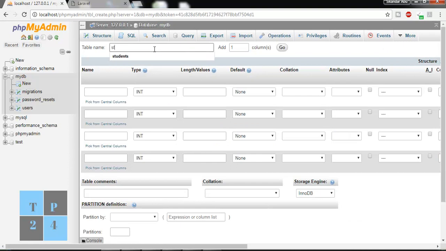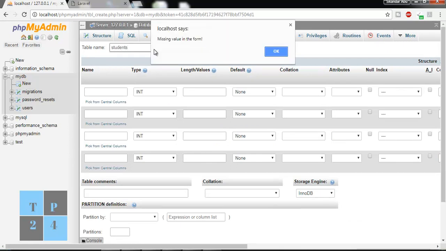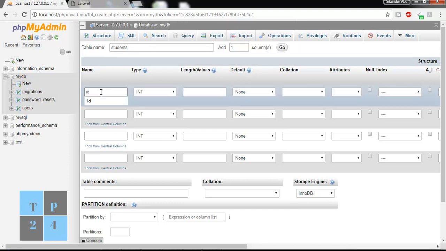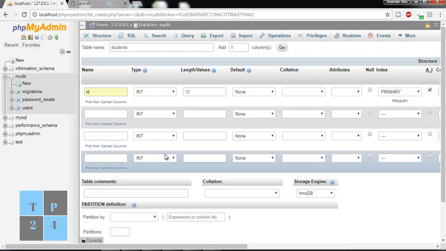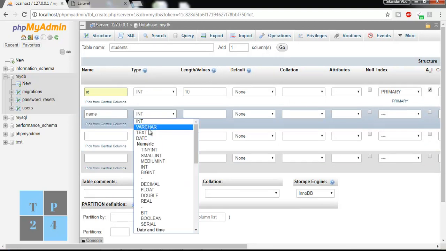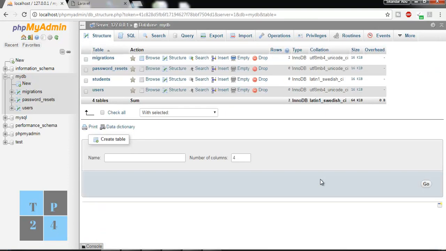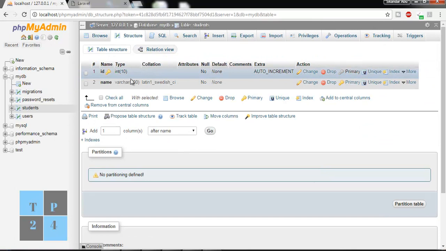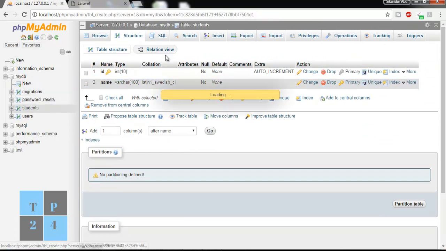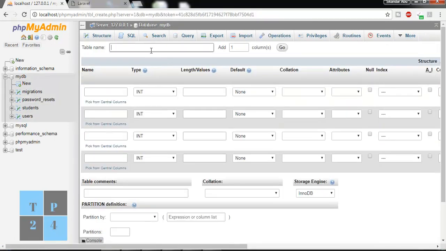One is students with the ID field 10 auto increment, and another field is name varchar 100. I'm saving, and this is my table, and I'm going to create another table